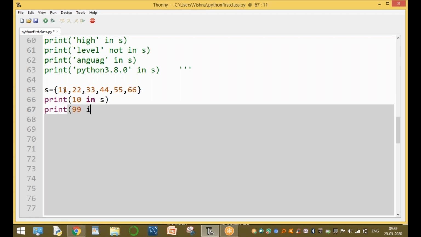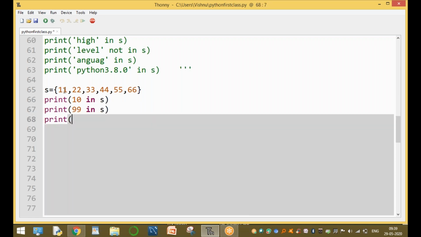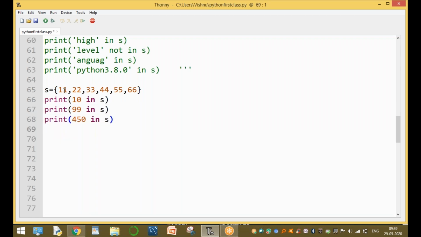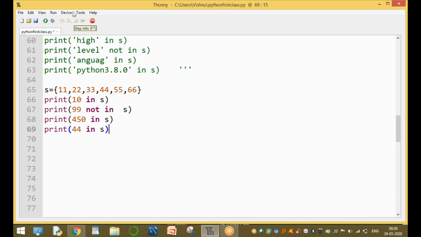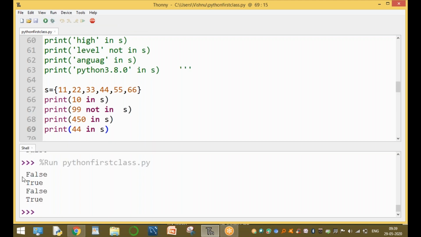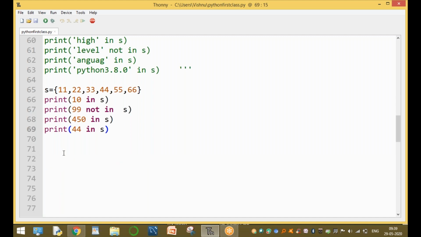Print of 99 in S, 450 in S, and 44 in S. 10 in S is false, 99 not in S is true, 450 in S is false, 44 in S is true. Whether the given value is present or not in the object, this is called membership.